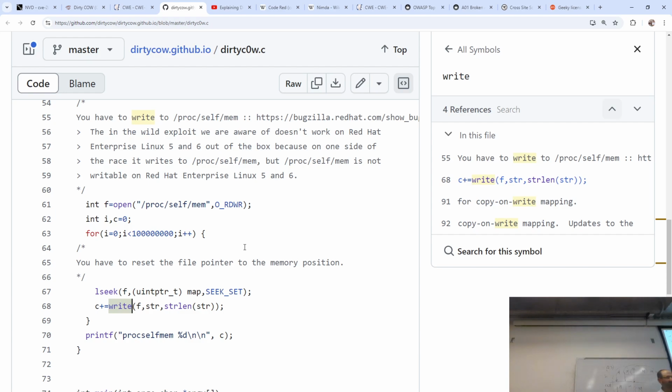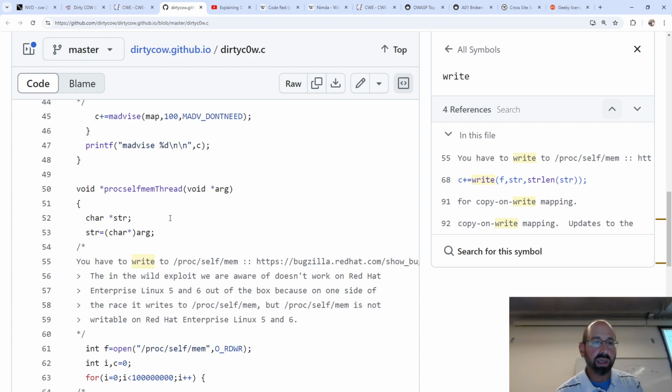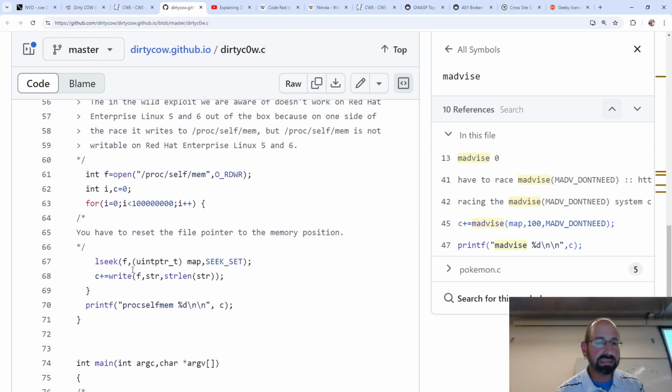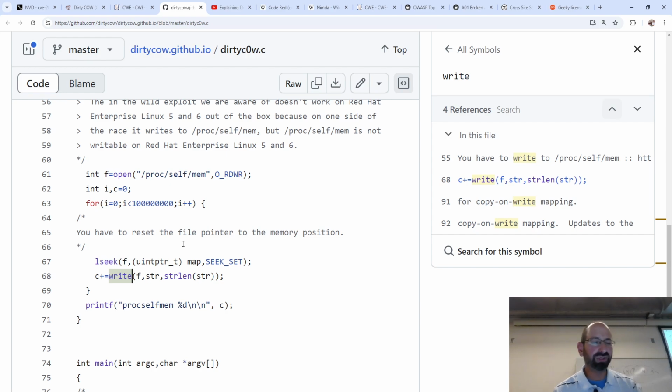One thread is saying, delete it, delete it, delete it. The other one's saying, write this string to it, write this string to it. In a quote unquote correctly engineered underlying memory management part of the Linux kernel, every time you would request that I don't need it anymore, it'll handle that request. Anytime I request to write to it, it would just write to that copy. That is allowed. That's the copy on write semantics of memory management in this way.